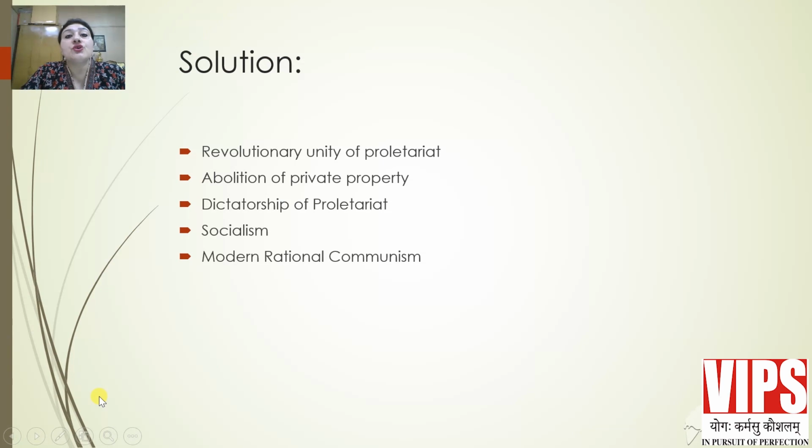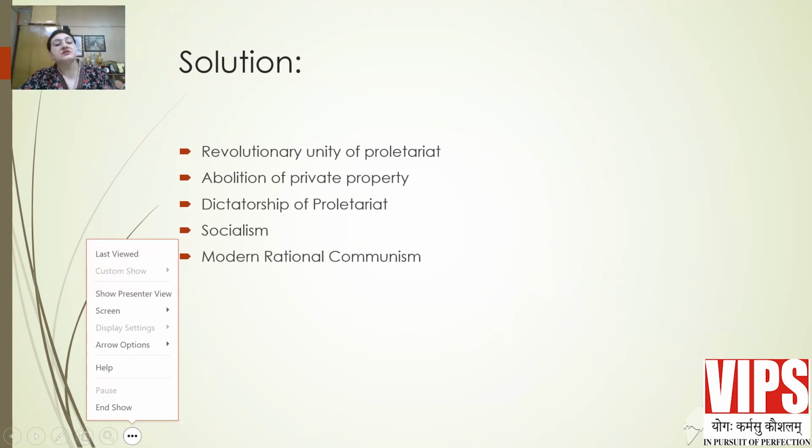Now, what does Karl Marx posit as a solution? In this peak situation, the have-nots develop class consciousness, class awareness, and they get together. They get together as a collectivity, and they revolt. They revolt against whom? They revolt against the haves. So there is a revolutionary unity of the proletariat which actually takes place. There is a revolution by the proletariat, and by this revolution there is an absolutely upside down situation. The so-called have-nots now take over all the power, all the control, and they establish